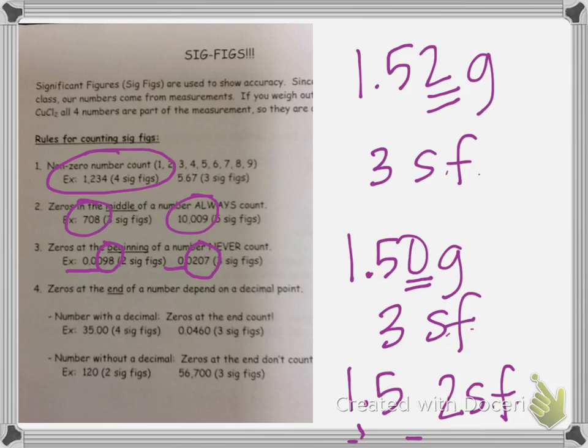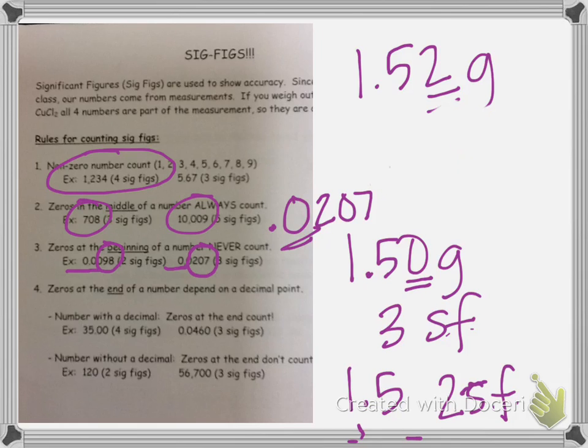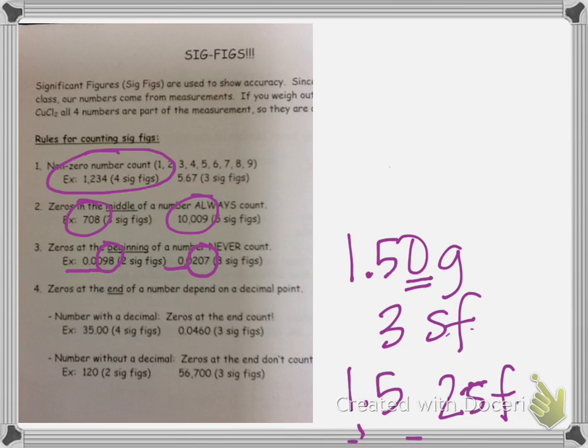Oh, it looks like, let me erase that. All right, so those 3 digits are significant. Now, that 0.02, oops, that's not what I wanted to do. Hold on a second. That 0.0, this 0 right here, 207, there we go. Let me get rid of some of this. I'm just going to rewrite this up here, guys. Give me a second. All right,